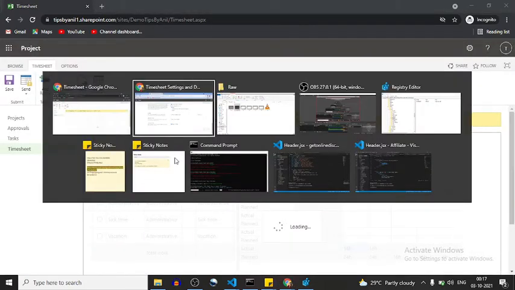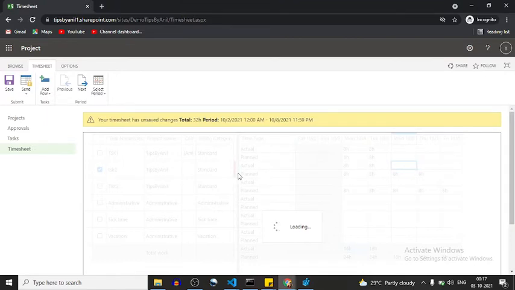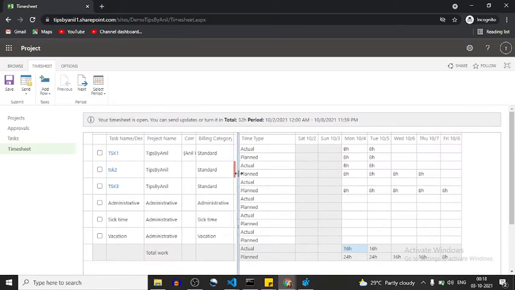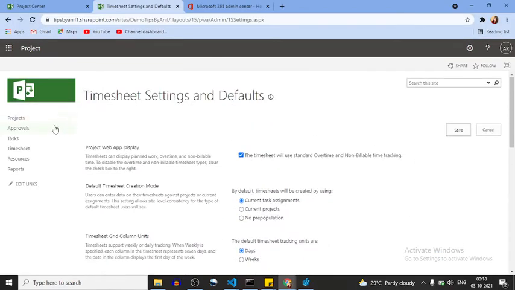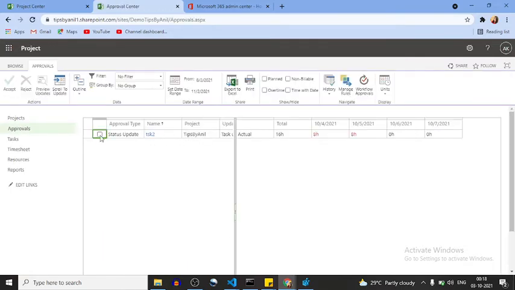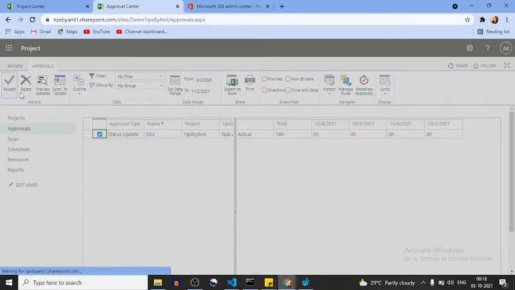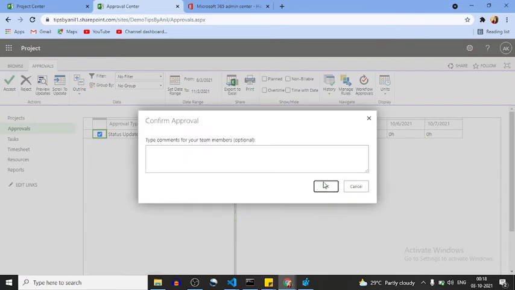Now if I go in approval center, here if you see it will notify you that it's awaiting approval. Now if I go in approval center, then I'll accept this task, and after accepting this task I have to do one more thing.